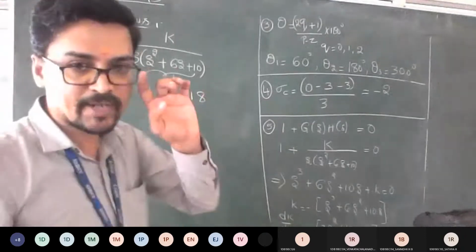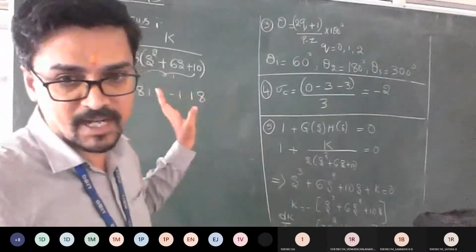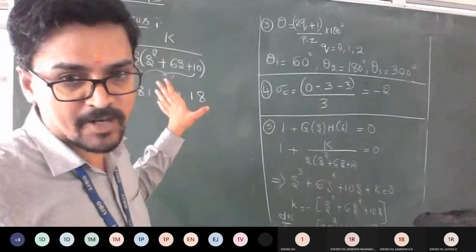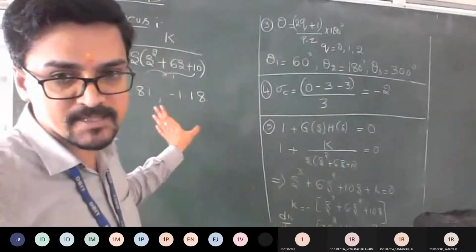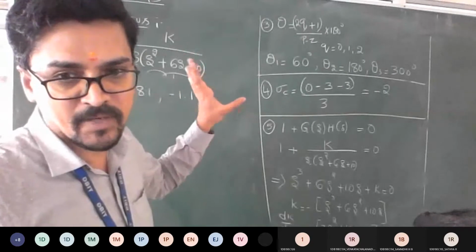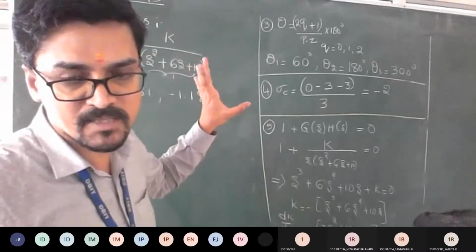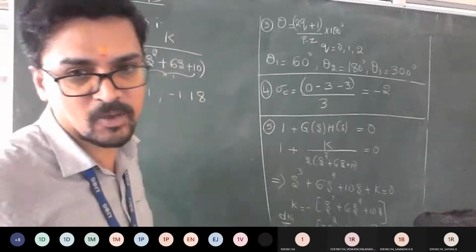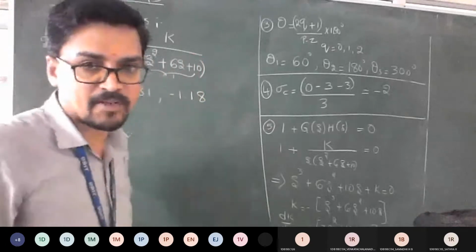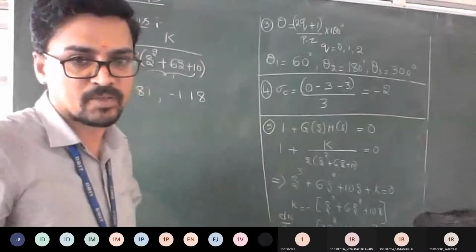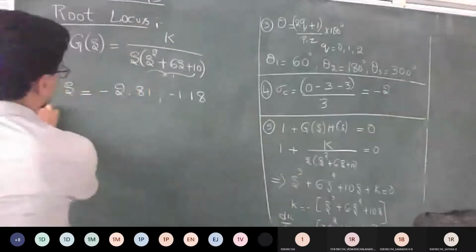I already gave the hint at the beginning of the class, the morning class, what you discussed. You can make a note. This breakaway point you can prove like this. While sketching the root locus, you can eliminate it, because wherever complex poles or zeros come, there is no need for any breakaway points. Even if you plot or don't plot, nothing will happen. So step number 5 is done.